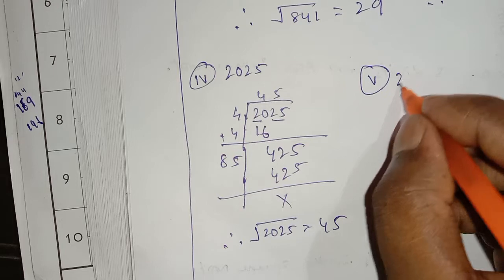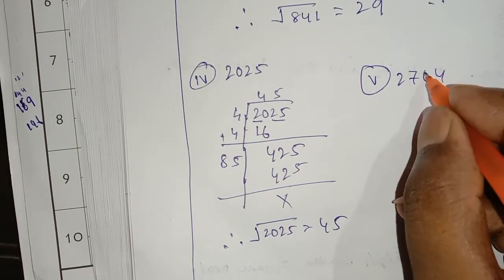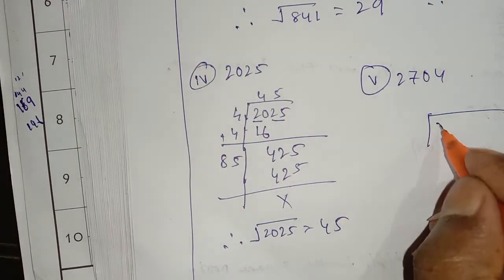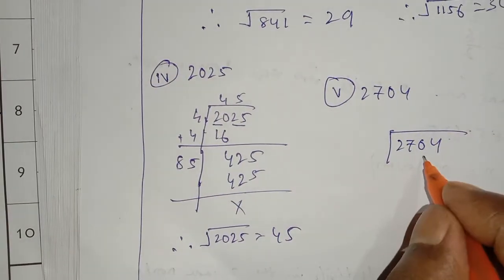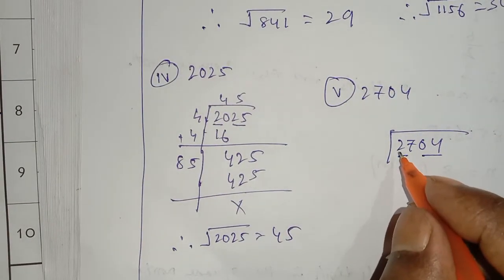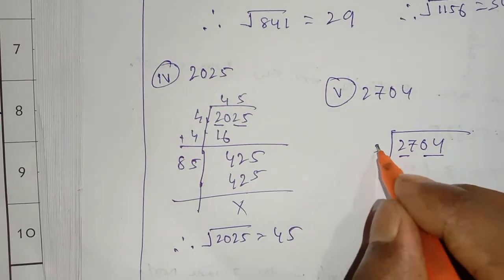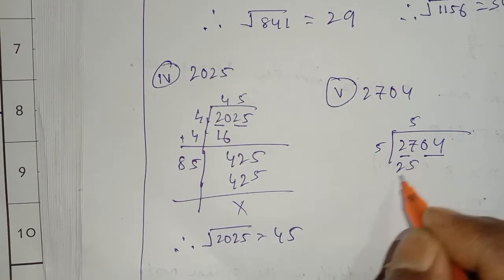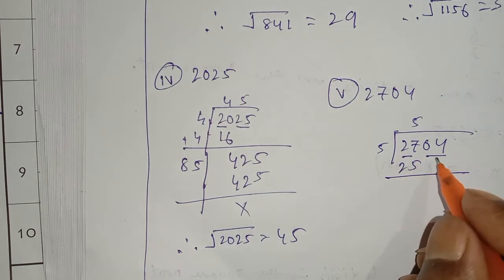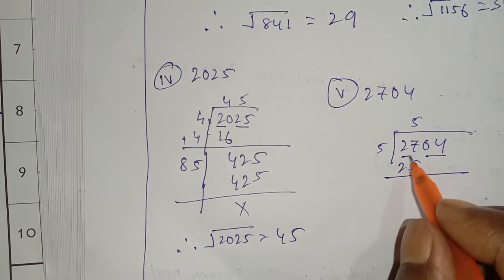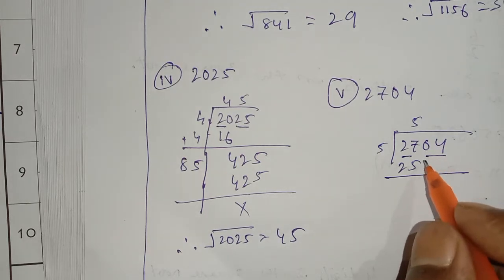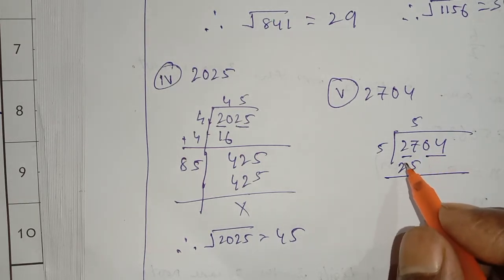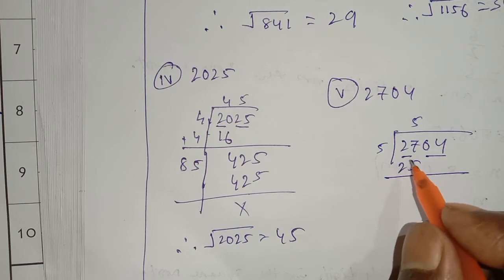Next number 5. Number 5 given 2704. Same condition, 2704. Then what will we get here? This 2, this 2. Now 27. 27 means 5 times we can take. 5 5 is 25. This line you do not need to give. Okay, I am just giving it to explain to you. No need to give. You can just put it with pencil. After it you can rub it out. Okay, for understanding. But no need to put it with pen.